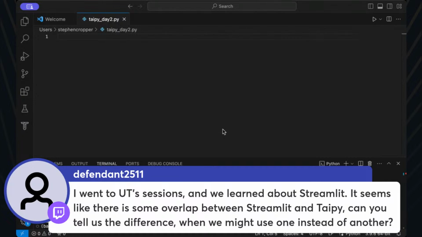You might have more competency in one or the other. And ultimately it's up to you. But there might be certain ways that the architectures are better or worse for different applications. So I would just recommend reading some reviews online of, should we use Taipy or Streamlit? I'm sure there's a lot of nuance to it.